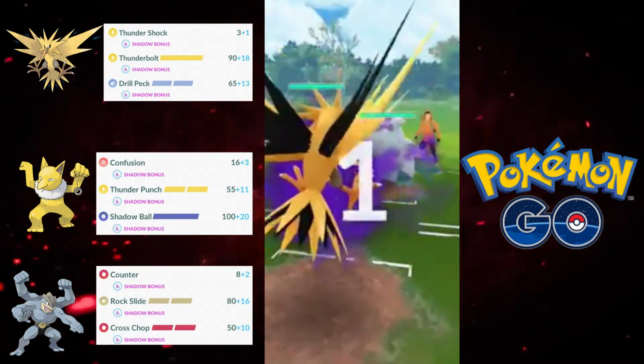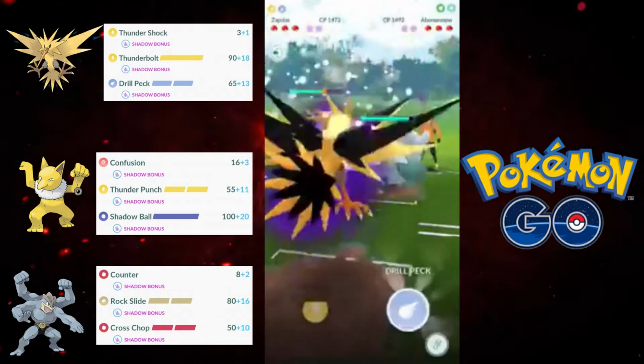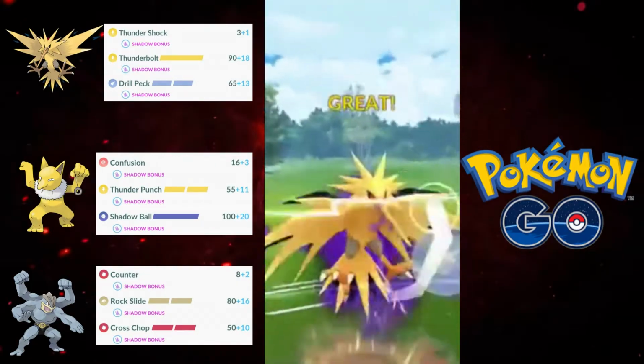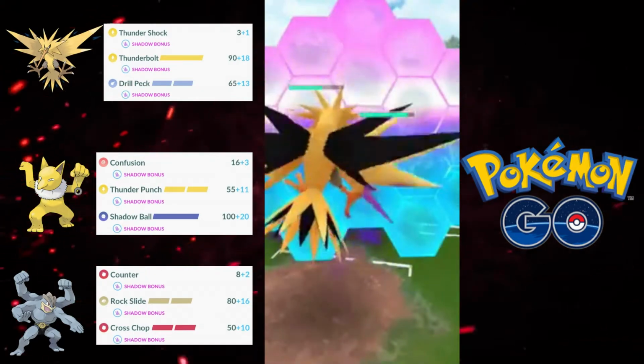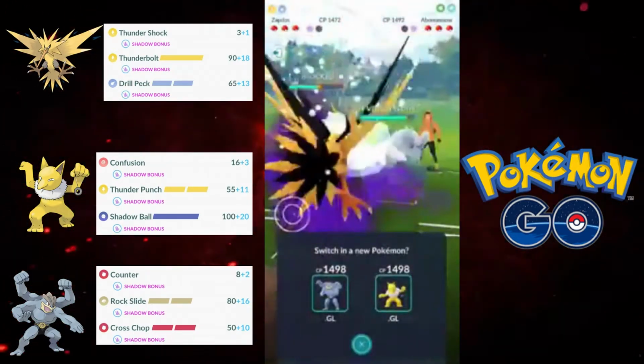You do have to just realize that Shadows are super squishy. They're such glass cannons. So as you can see here, against the Abomasnow, all those Powder Snows are doing super effective damage to me, to my Zapdos. As you can see, my Zapdos is basically almost at half health already. But I was able to get the shield from the Drill Peck, so I go ahead and shield it